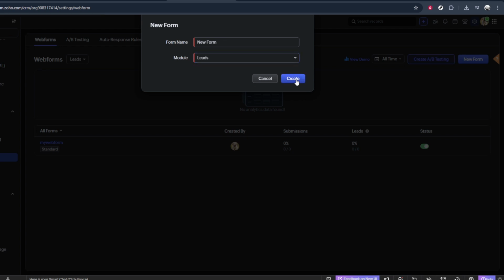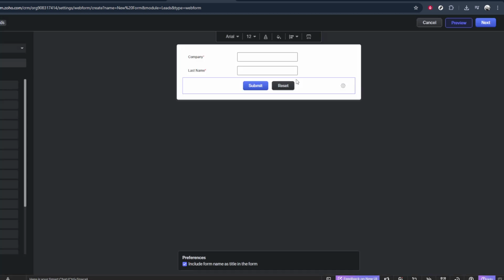Next, you'll be asked to choose which module this form should be associated with. Since we want to capture new leads, click on Leads. This tells Zoho CRM that every submission from this form should create or update a record in the Leads module. Once you've selected the Leads module